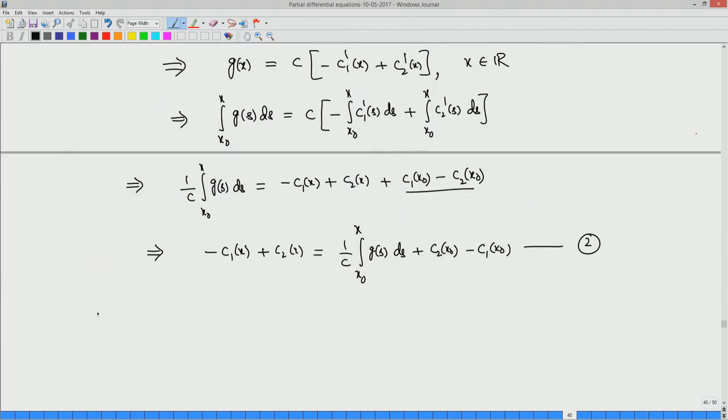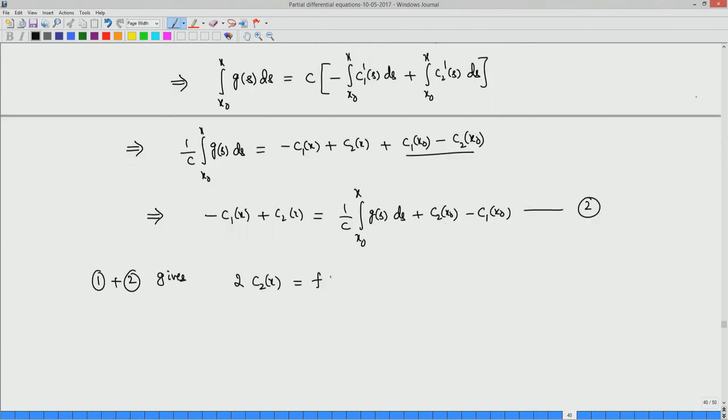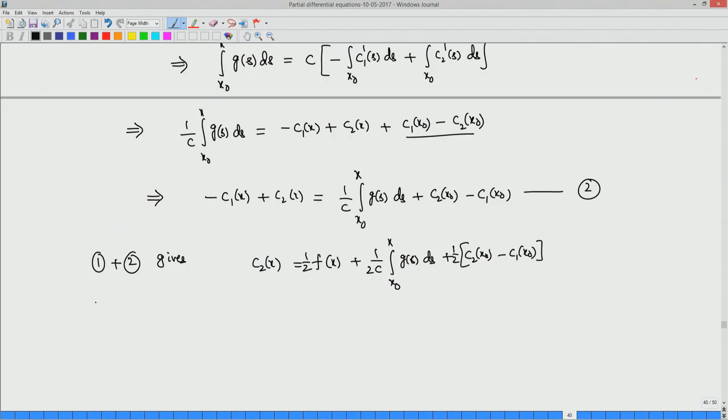If you add 1 plus 2, what do you get? 2 times C2 of x equal to, adding the right side, f of x plus 1 by c integral x naught to x g of s ds plus C2 at x naught minus C1 at x naught. Now you divide both sides by 2. Okay, now you take the difference, 1 minus 2, which gives,